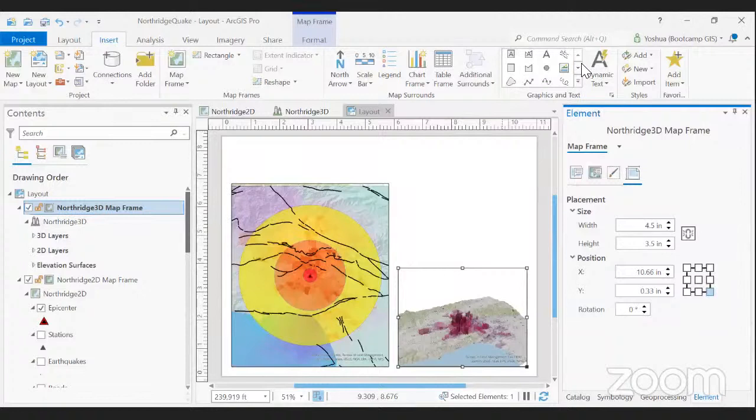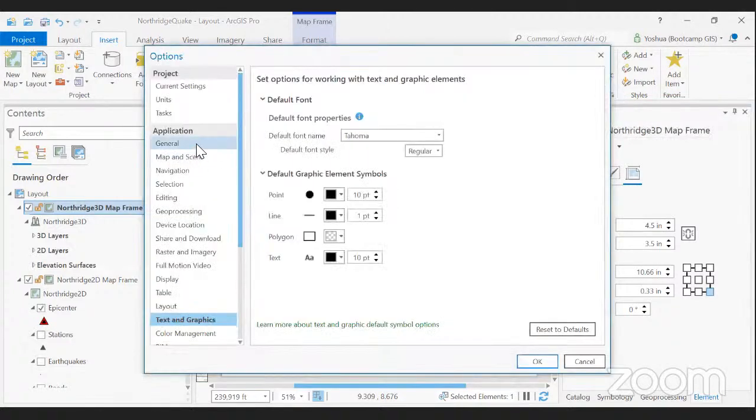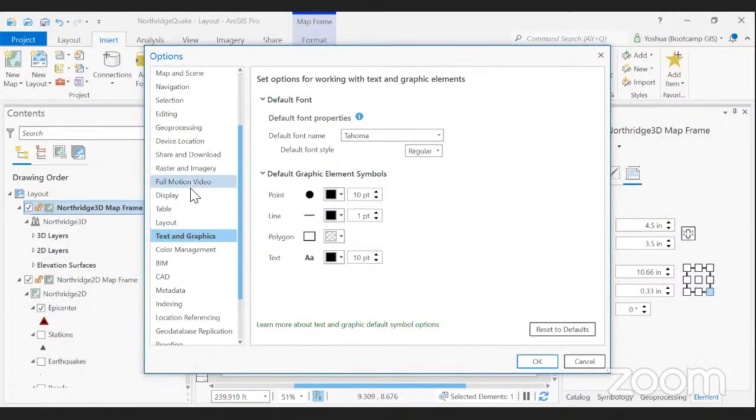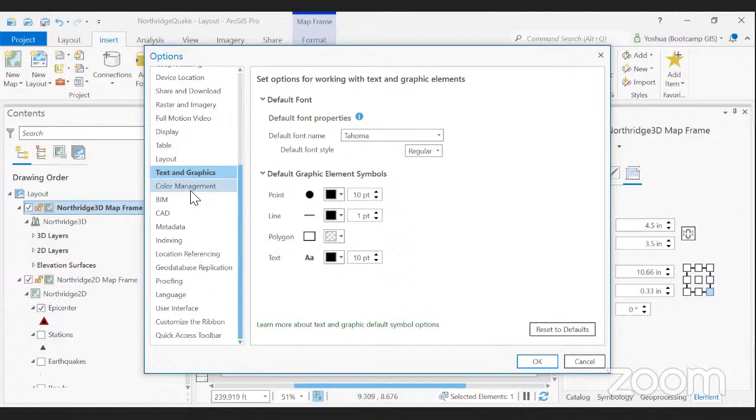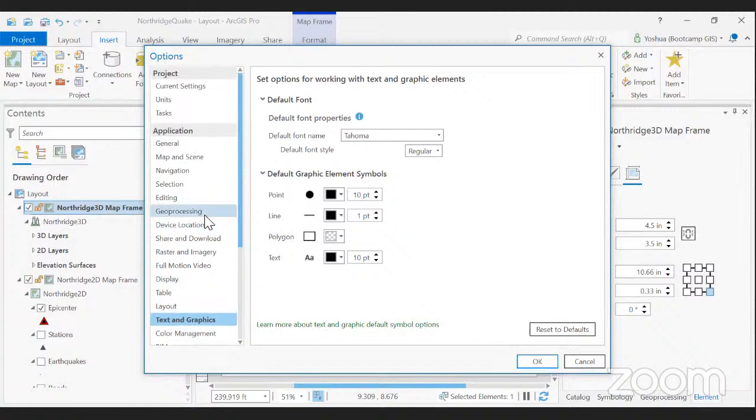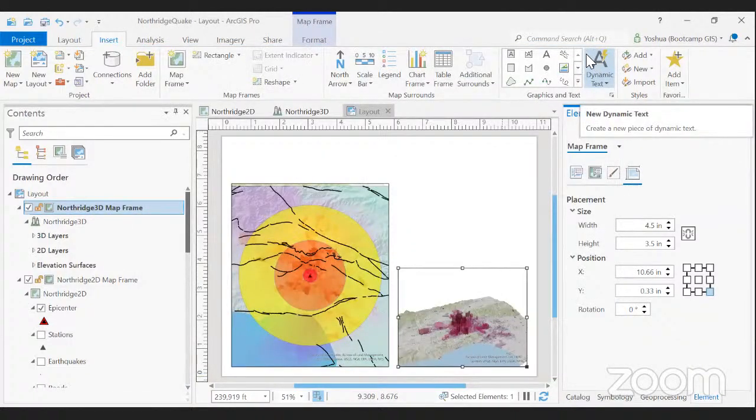Where is? I'm looking for a down arrow next to rectangle, but